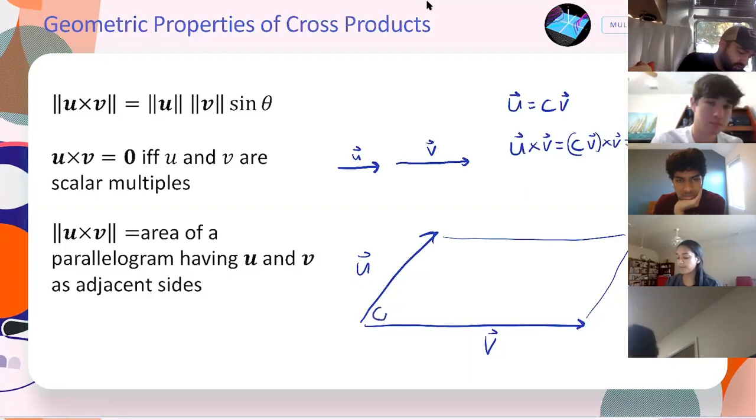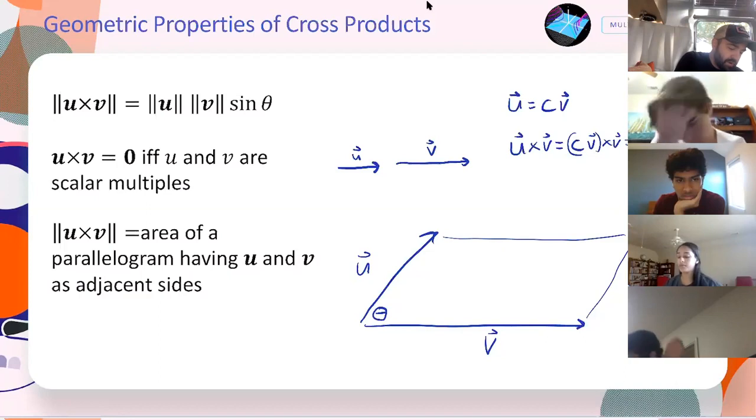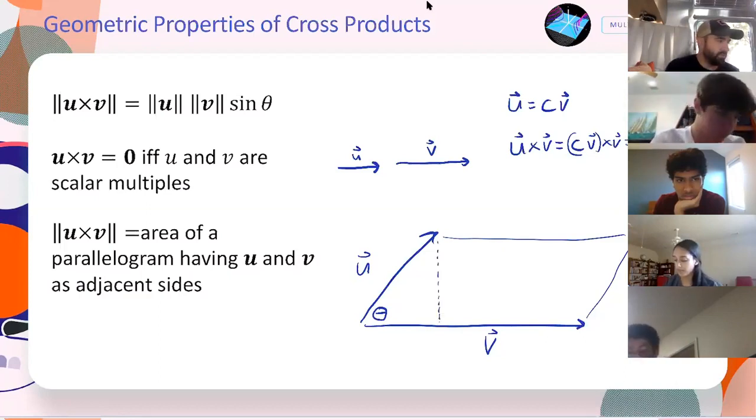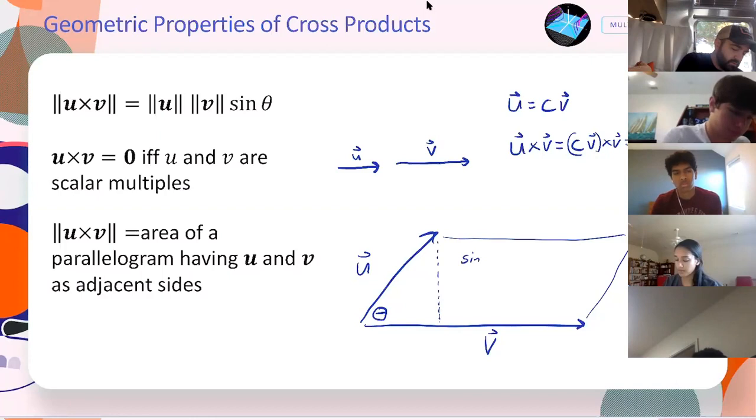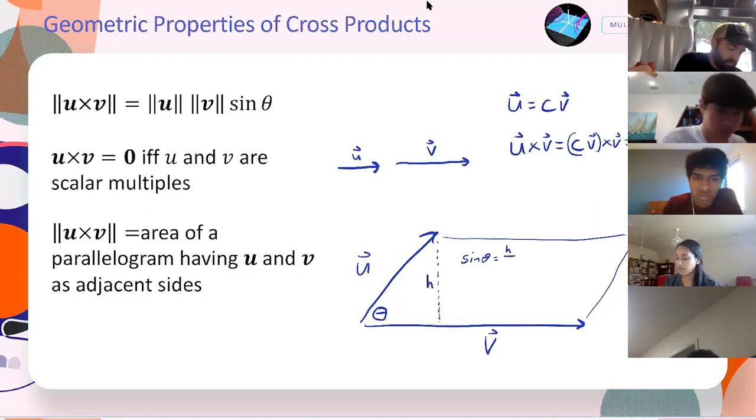If we think of the angle between the vectors as theta, normally with a parallelogram, we want base times height. So if I look at trying to find this height, I could use trigonometry. Right, sine of theta is opposite, which we'll call h, over the hypotenuse,